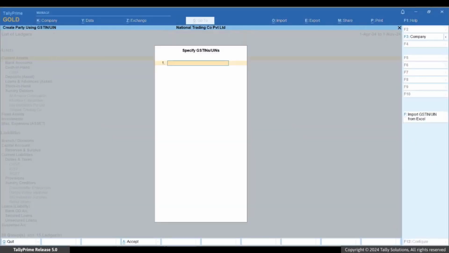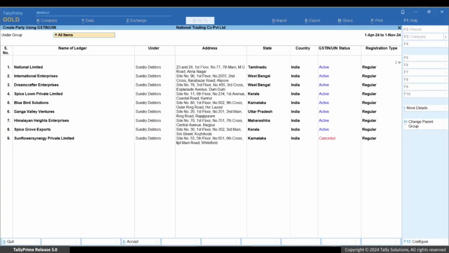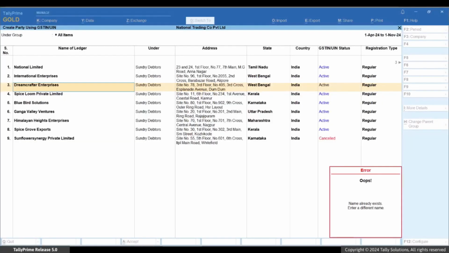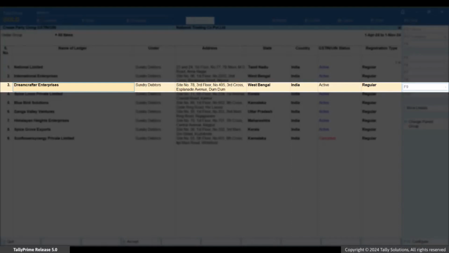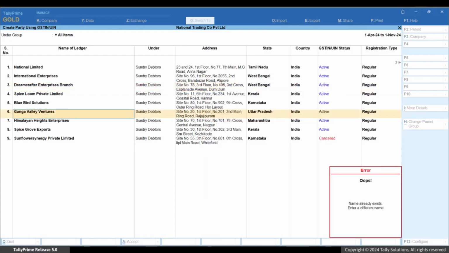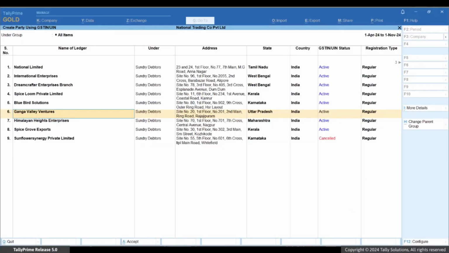Consider that one or more of the GSTIN fetched are a duplicate of existing ledgers in the company. In such a scenario, TallyPrime throws the error, name already exists, against such GSTIN while saving. You can, however, continue to create. Just edit the name of the ledger by giving a different spelling or by adding prefix or suffix, and so on. If it is indeed a duplicate ledger, which is not required, then you can remove such fetched details.